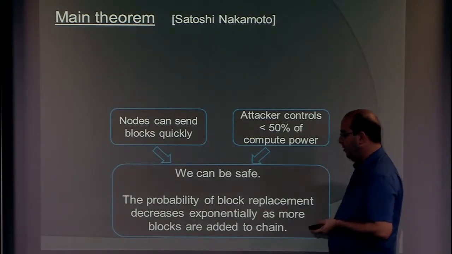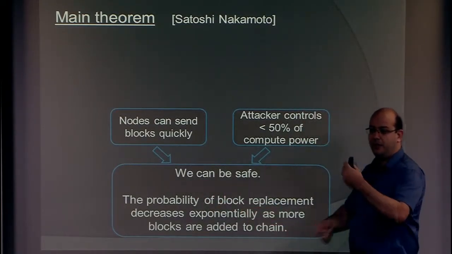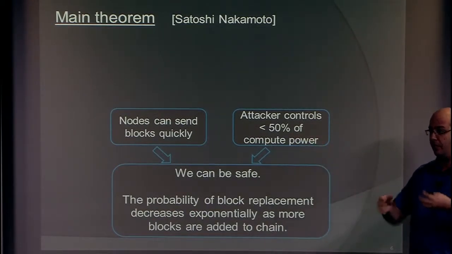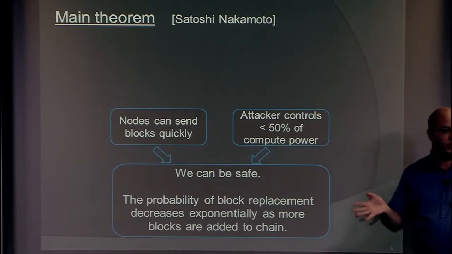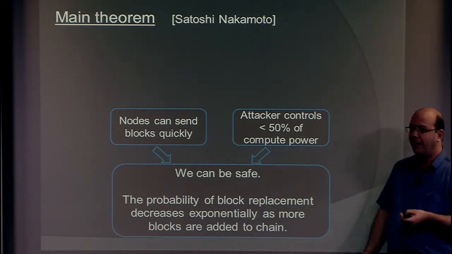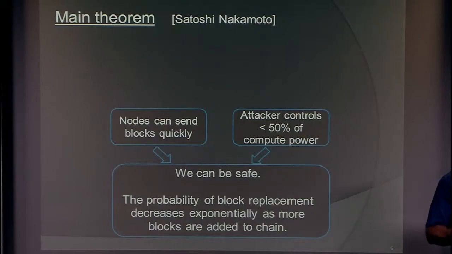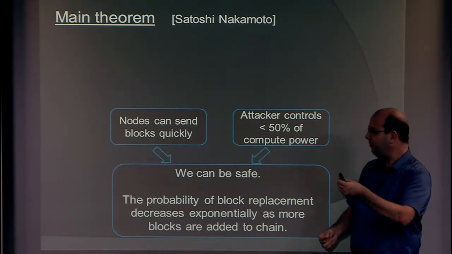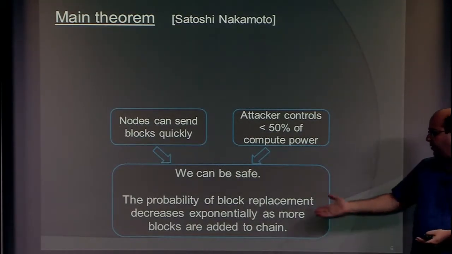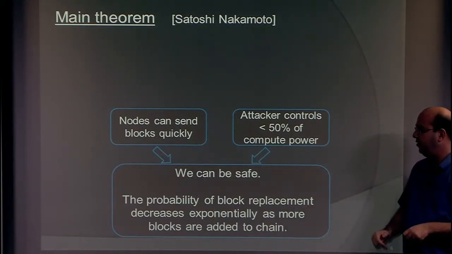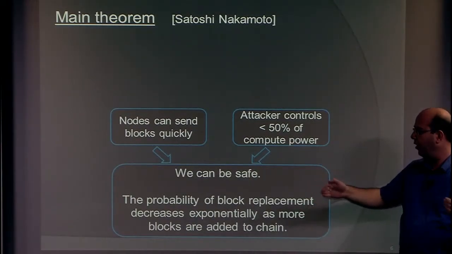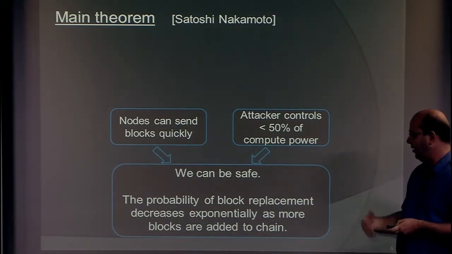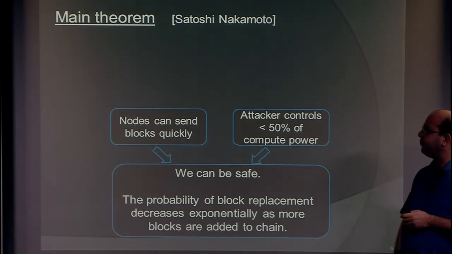Okay, the probability that a block will be replaced once we see it in the chain decreases exponentially as the chain slowly grows. Basically, because the task of replacing it gets harder and harder, what we really have to do in order to think of funds as having been moved and secured is wait for them to enter the blockchain. We wait for the blockchain to grow, and the amount of growth really is specified within this theorem. How much security do you want? And you basically gain this irreversibility of transactions exponentially fast.